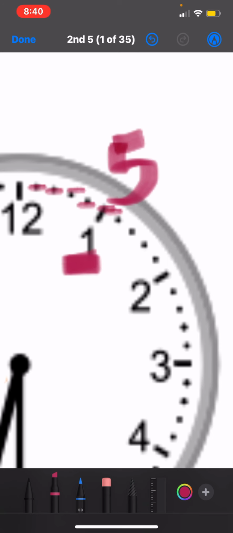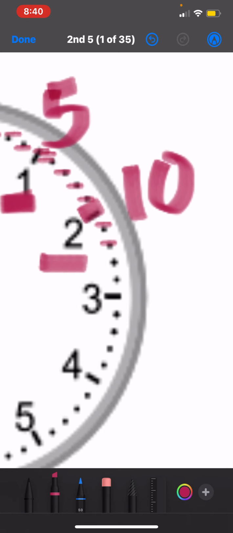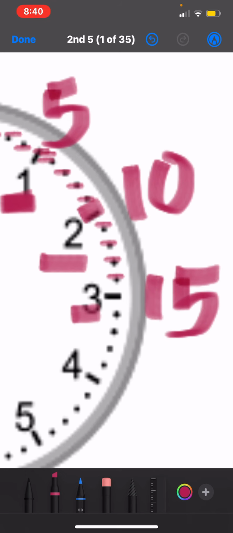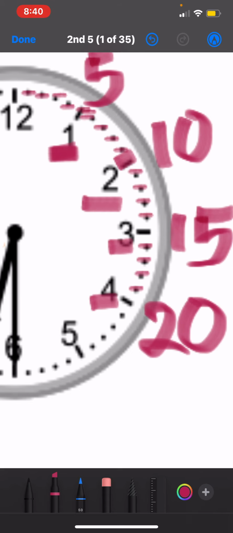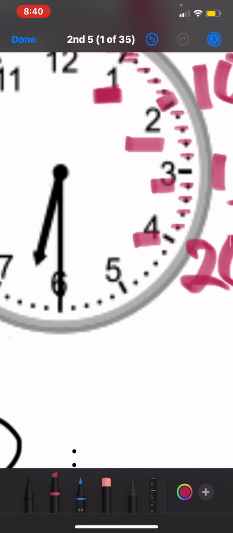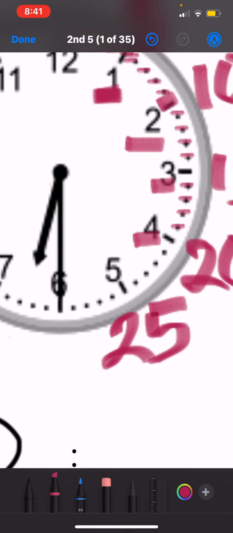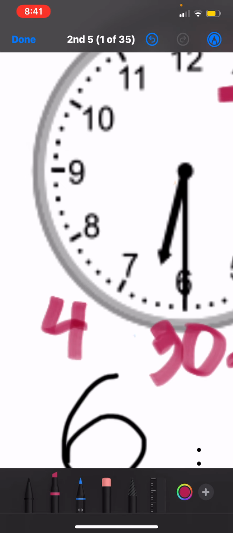And then it's going to be 6, 7, 8, 9, 10. At the hour 2, it's going to be 10 minute. 11, 12, 13, 14, 15. At the hour 3, it's going to be 15 minute. 16, 17, 18, 19. At the hour 4, it's going to be 20 minute. So do you realize that this is going by 5? So it's going to be 5, 10, 15, 20. This is going to be 25. And at 6, it's going to be 30 and,